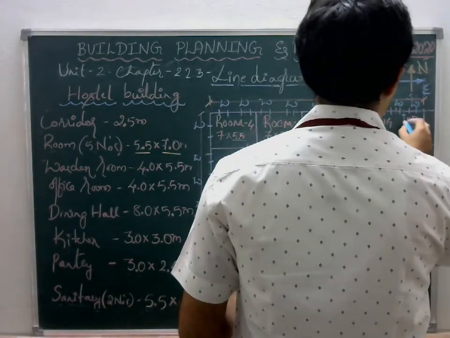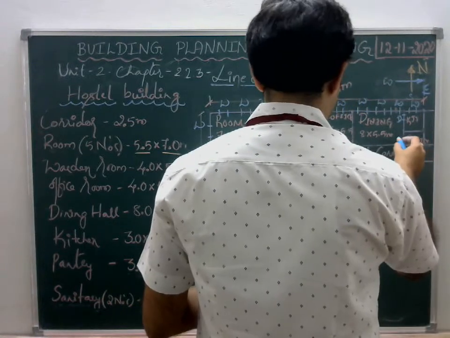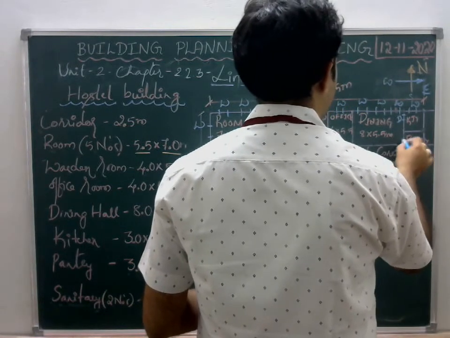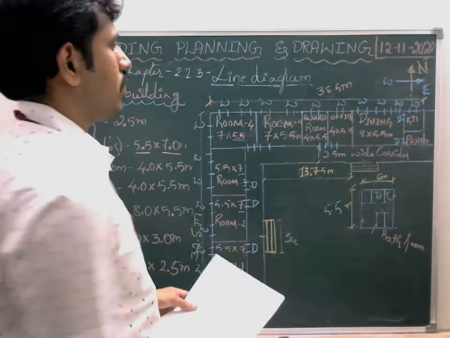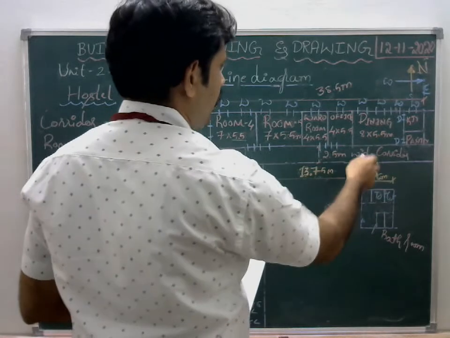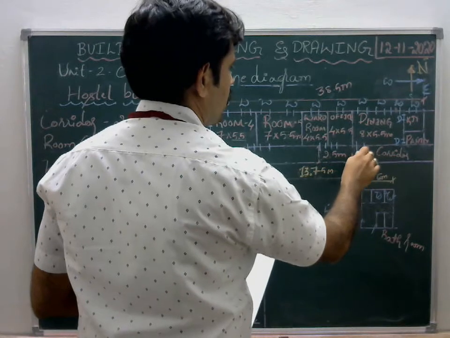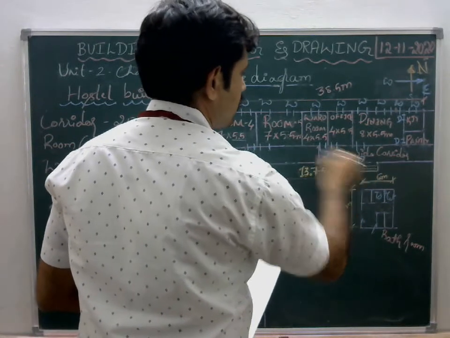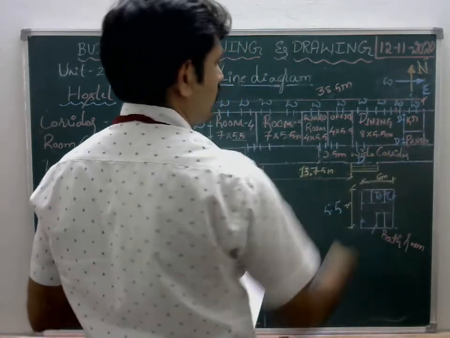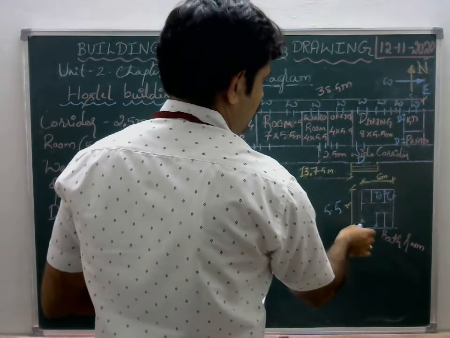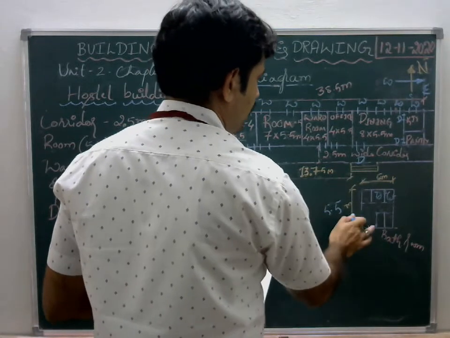From here, there is an entrance. So an inside door. For the pantry also, we are going to provide here itself. For the kitchen, again dining, I am going to provide here itself. This represents a door. And this bathroom I have shifted here. So the entrance will be like this, and from the corridor we are going to enter there.